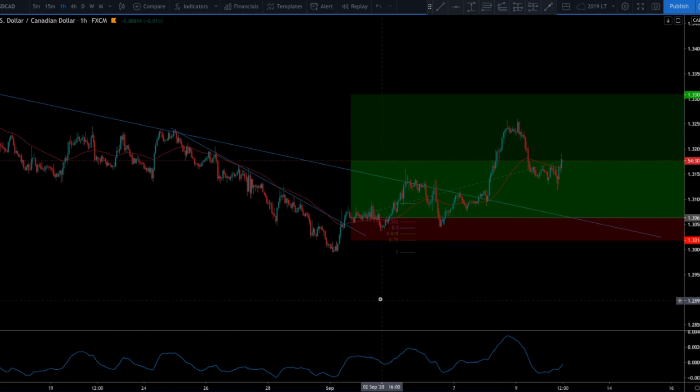So the 1 hour, as you can see, my stop was safe beyond the 0.75 fib and protected by the trend line and the 50 EMA,